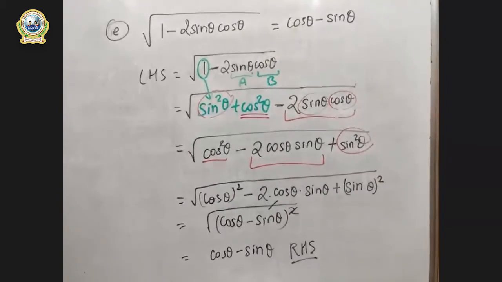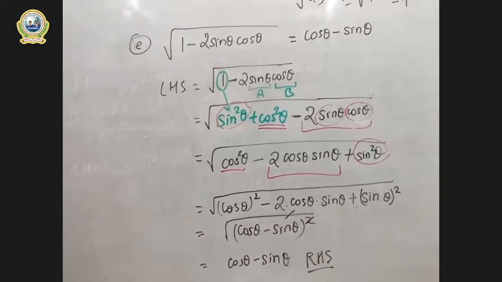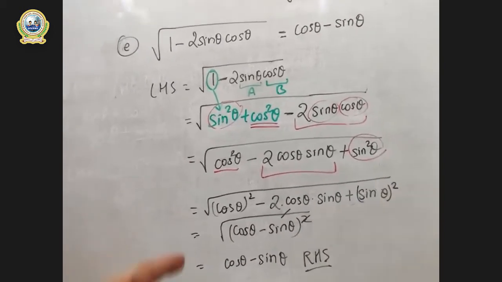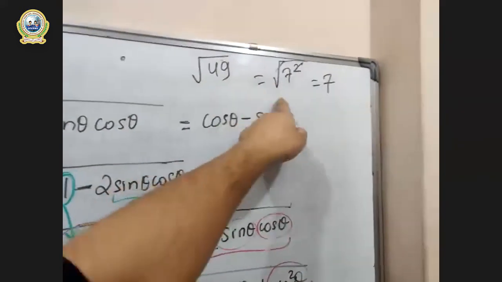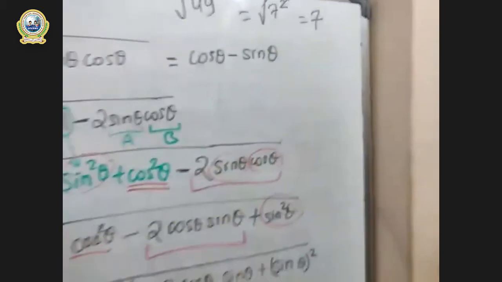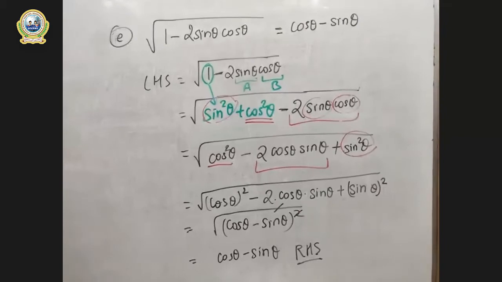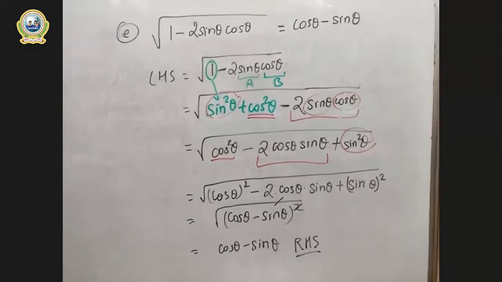Look at this carefully. This is clear, right? And this was the same format as this, right? We converted this into a whole square and we cancelled the root. I had already told you, this was a very easy question. Is this clear? Can I rub it now? Please raise your hand if I can rub it.